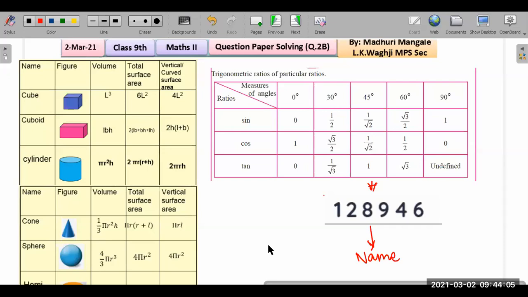Well done, students. You all are doing great. But be careful. Don't be in a hurry. Don't do random guesswork. Okay. Look at the table. The table is there for you on the Zoom screen. Okay, you can refer to the table. It is there on the Zoom screen. Nishchay, you are doing great. Try to get the remaining ones right.